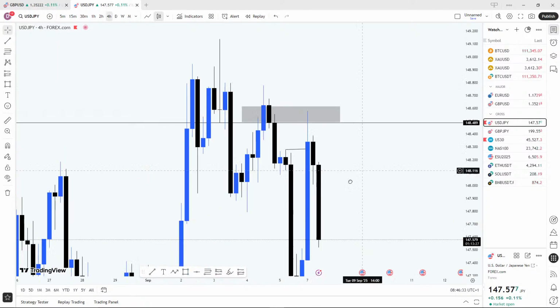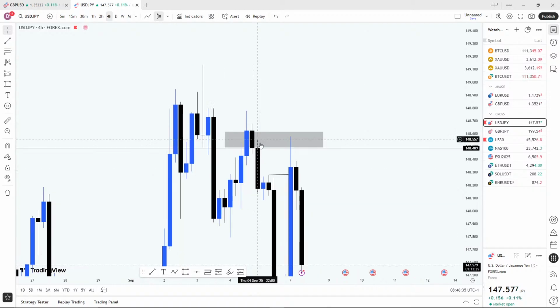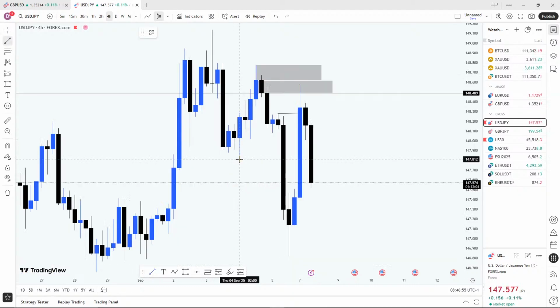Now, if you watch on the 4 hour time frame, this long wick right here is an order block, but it's not so clear on this different time frame. On the 4 hour time frame, we now have a higher zone, which is this one right here. Both of these zones are valid when they have liquidity. If this one has liquidity, it's valid. If this one has liquidity, it's valid. And nobody needs to tell me that this is a break of structure to the downside. So this is a BOS to the downside.